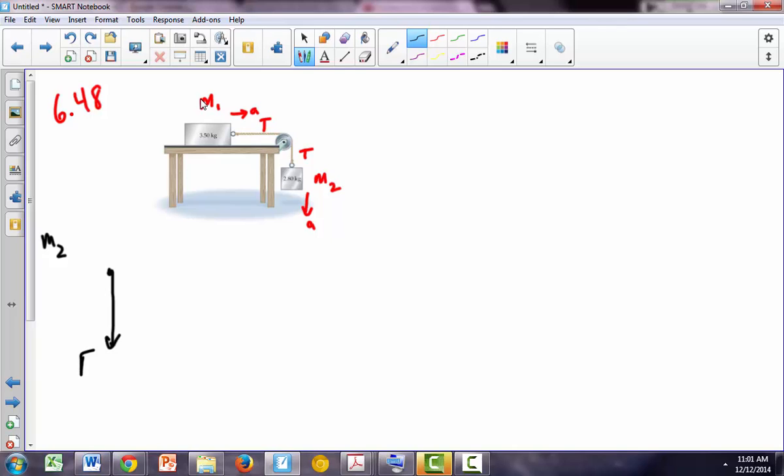This is the force of the earth on block 2. It's equal to M2 times 10 newtons per kilogram. I'm going to use the symbol G. The tension force up is less than that. I don't know what that is, but I know I'm accelerating in the downward direction, so that has to be shorter than M2G. The force diagram for M1 is going to have the force of the earth on this block,